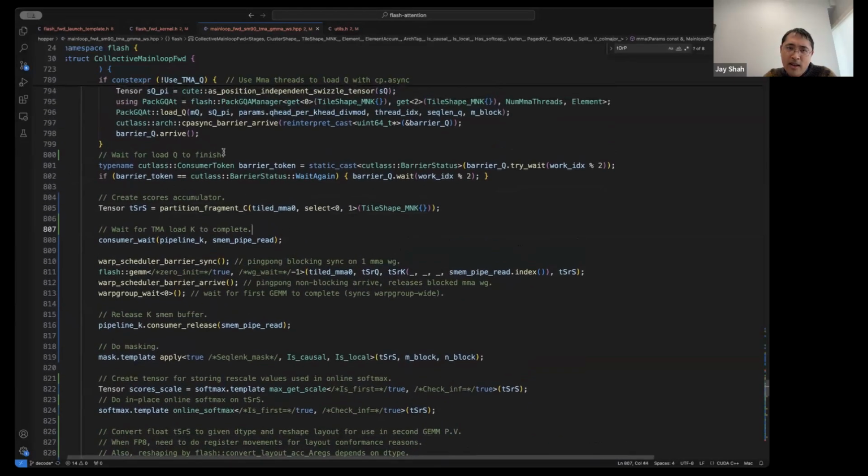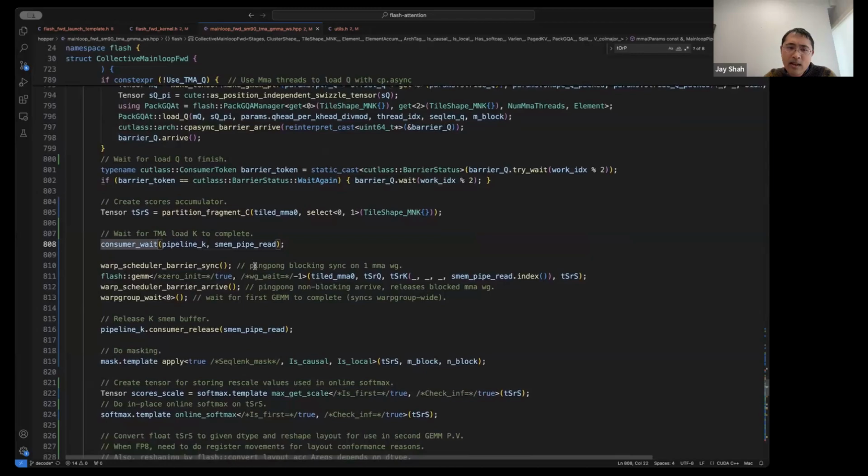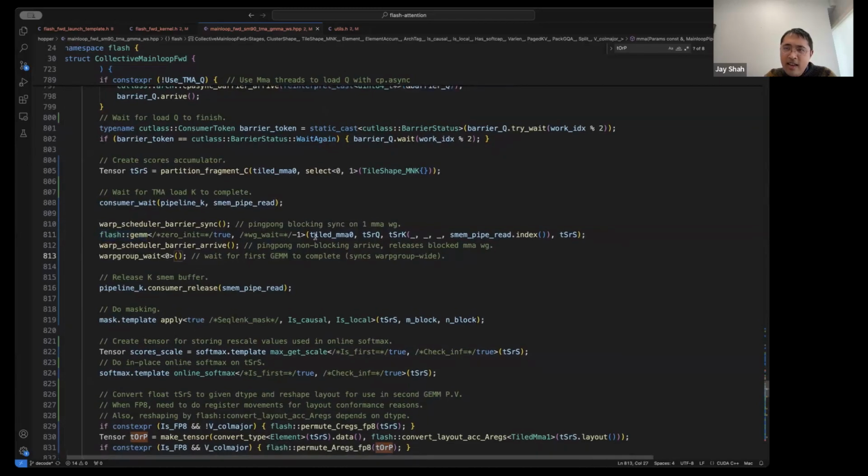I've waited for Q to complete using this code here. I wait for K to complete using the consumer wait and the Cutlass pipeline. And now we get into the first gem. So I have this flash gem here, and that's a wrapper for the Cutlass gem.